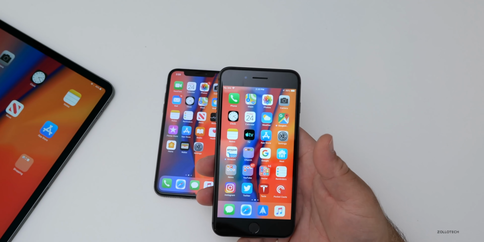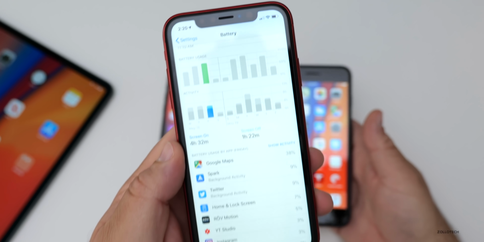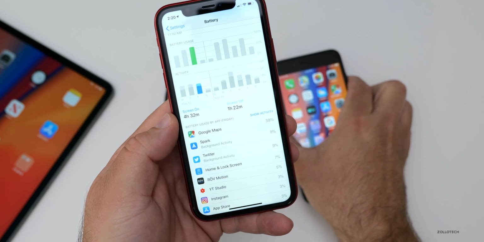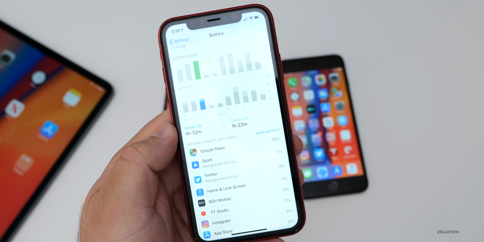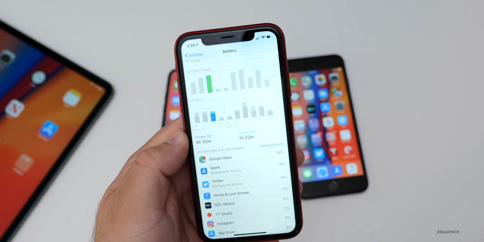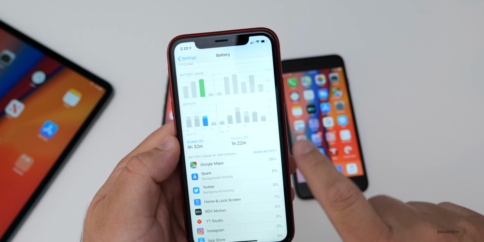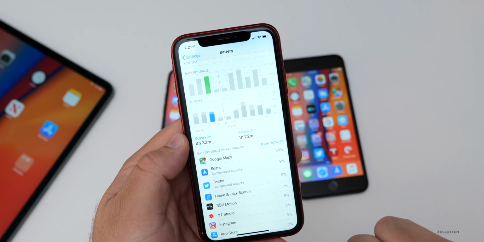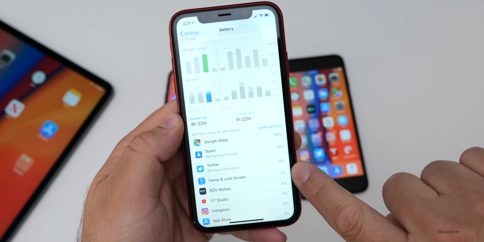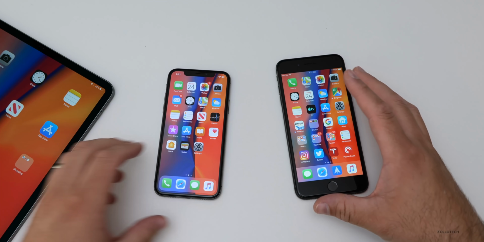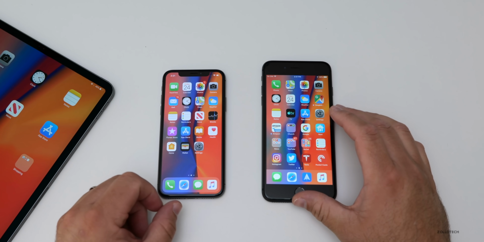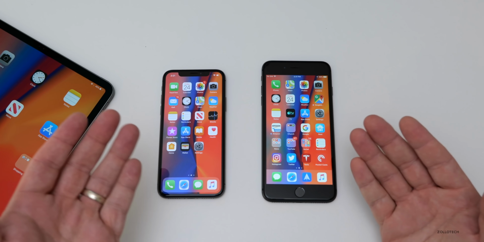But if we take a look at my 10R, here is the battery life on iOS 12.3. So you'll see 4 hours and 32 minutes, 1 hour and 22 minutes of screen off time. And I had about 20 to 30% battery life left at the end of the day when I had these numbers. So I do have a lot of background information going on. So that's probably the cause of that. And I would expect 6 hours or so with normal use, maybe even 7, just depends. I've seen it as high as 9 for some.